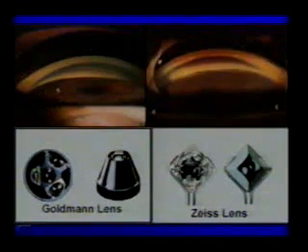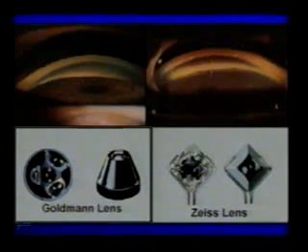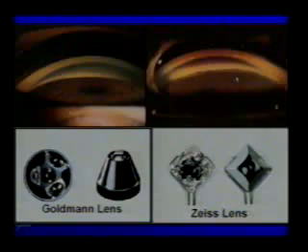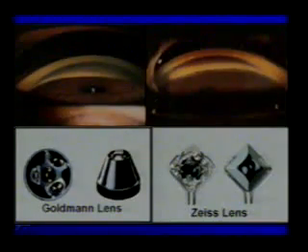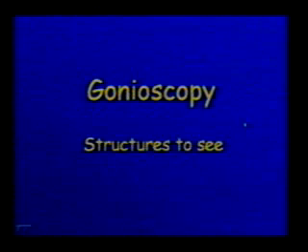In this example, when this angle is examined by the Goldmann lens, it looks as if it is a closed angle. But on indentation gonioscopy, we could see structures, so it is just apposition and not an actual synechia. Now, what are the